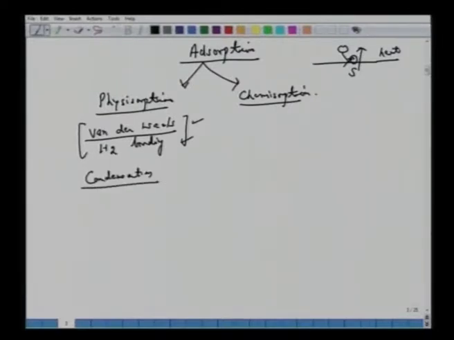So essentially this adsorbed phase, in this case, is also often known as the condensed phase. All it means is the physical properties of the molecules which are adsorbed here, say sulfur dioxide or water, its physical properties, the specific heat, latent heat, etc. are very close to the condensed phase or the liquid phase.